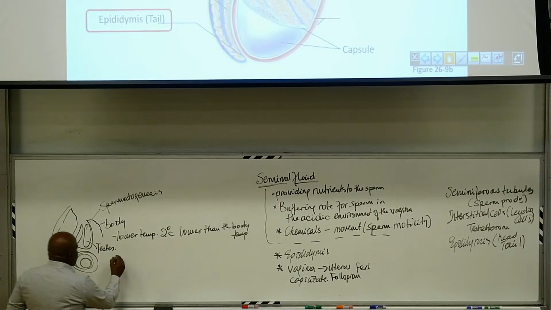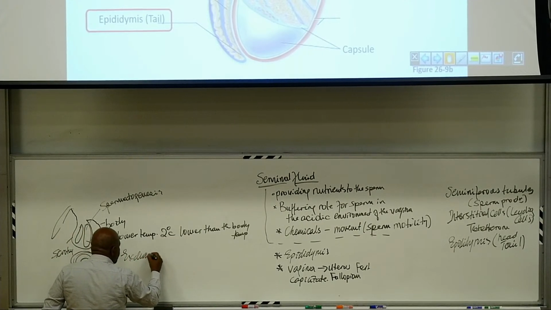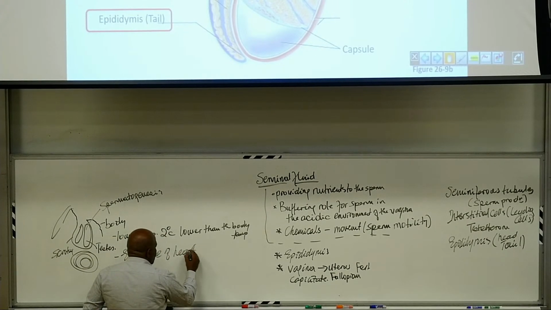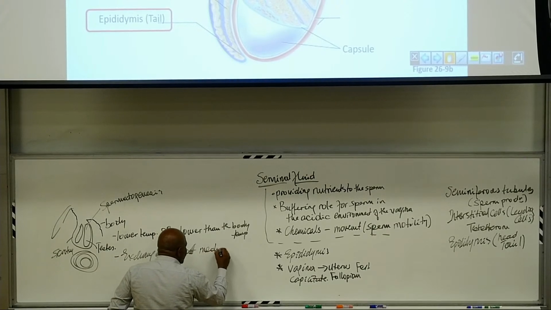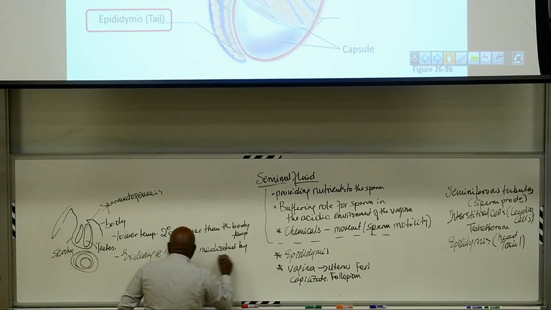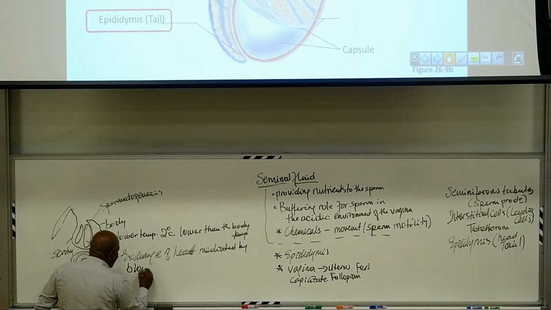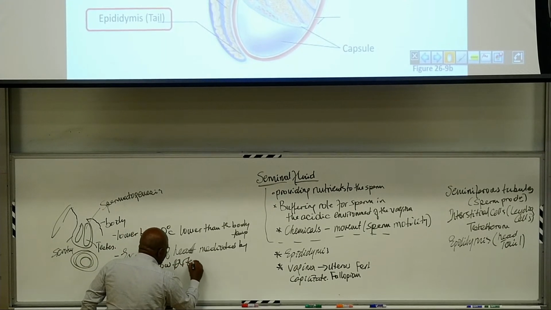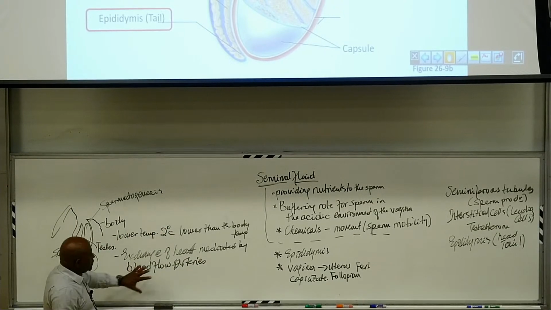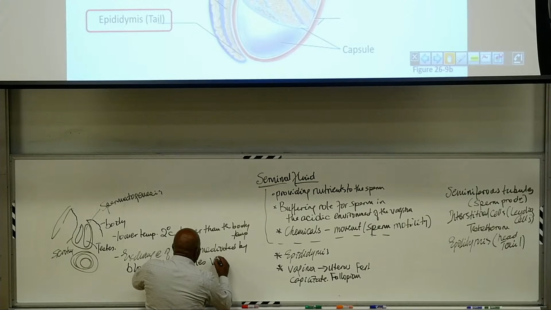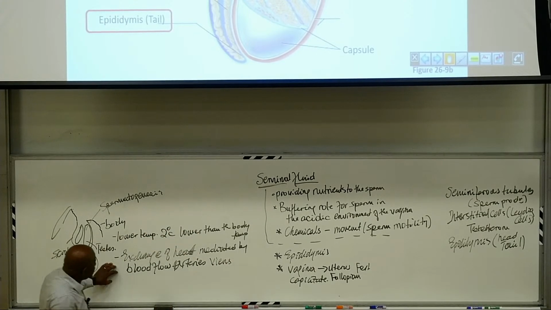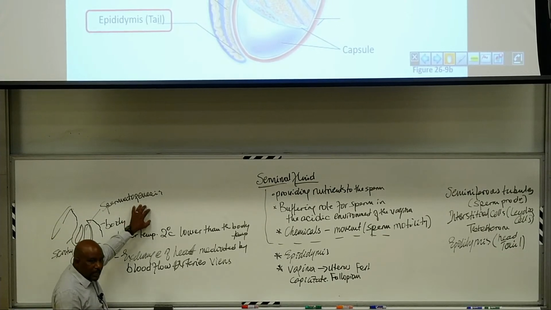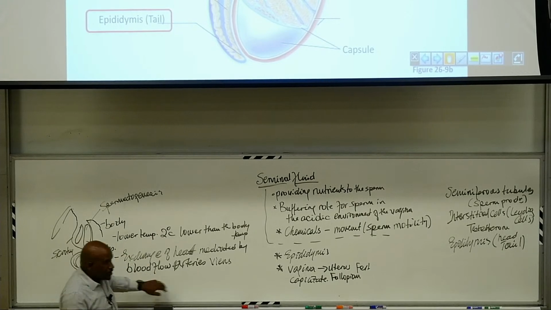The other way is exchange of heat, mediated by blood flow through arteries and veins. So exchange of heat is also mediated by arteries and veins, which are also contributing to a relatively lower temperature in the testis so that spermatogenesis can optimally happen in the testis for that purpose. So these are the two